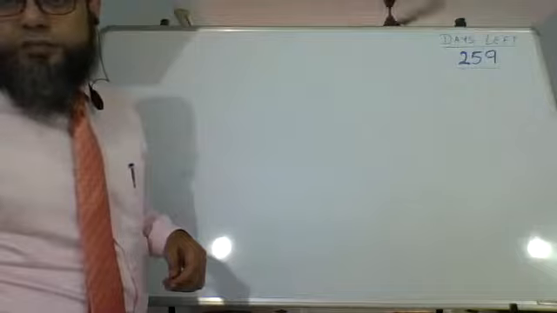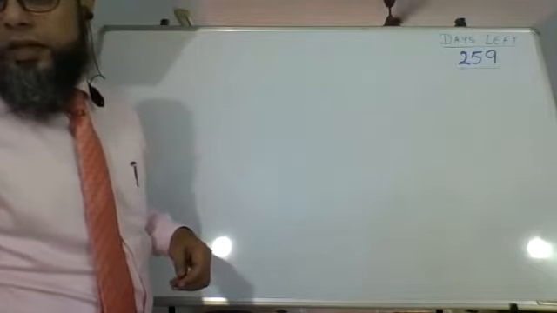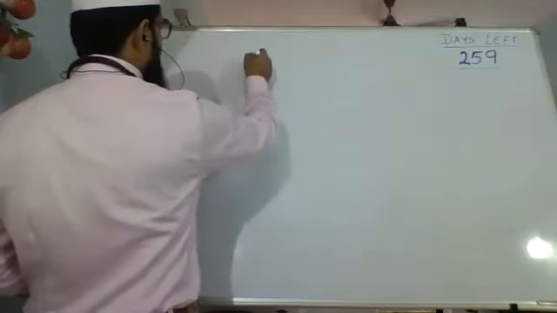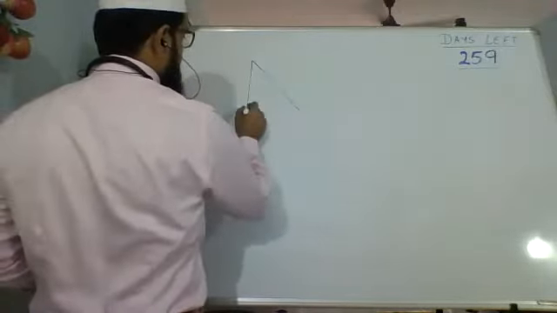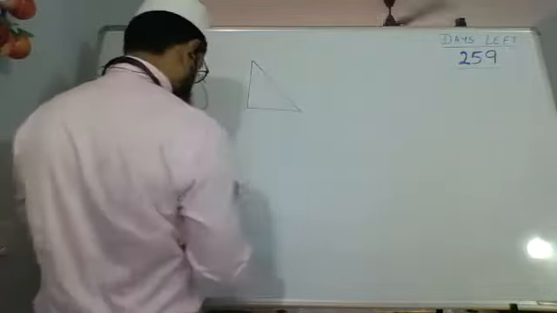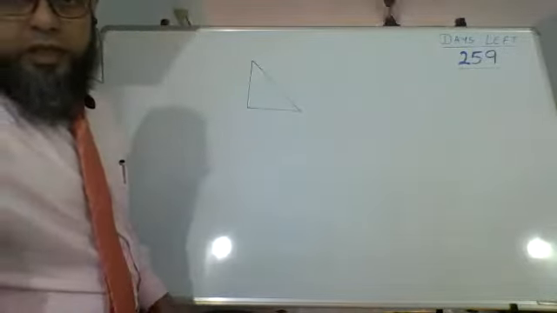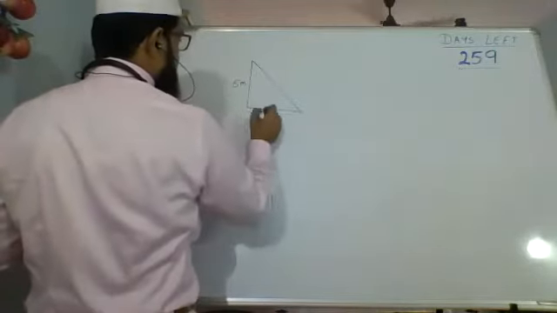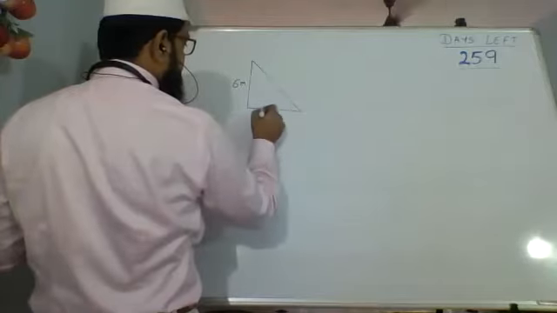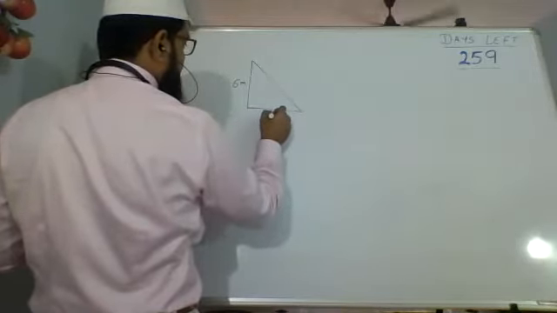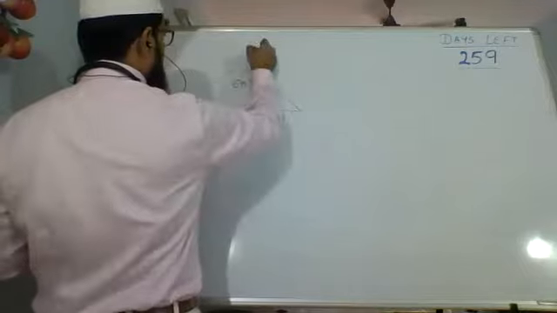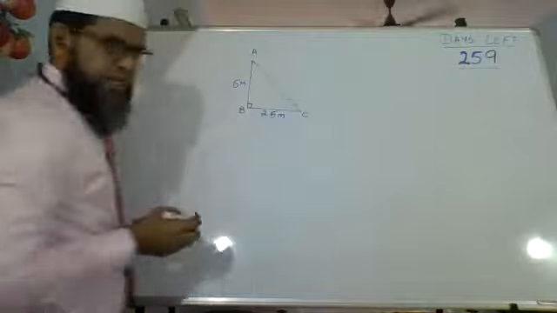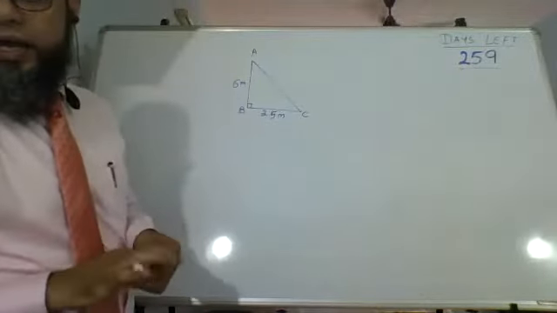We will get the question. Okay. So there is a wall and there is a ladder. This is the ladder, for example. This is, let's say, the window, which is 6 meters. The foot of the ladder, over here, is at a distance of 2.5 meters. A, B, we have to find AC.